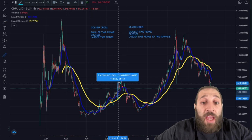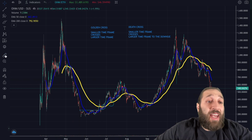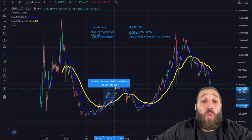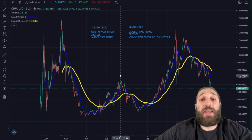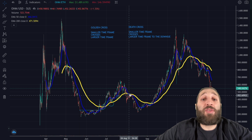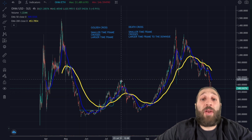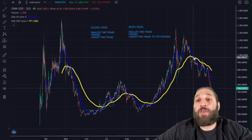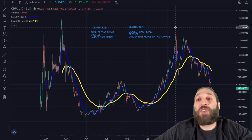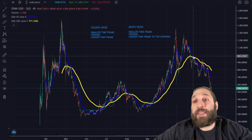So you can see you can trade it intraday or whatever time it gives you an opportunity to buy, or you can just kind of buy and hold when it crosses. So you can see here also another 100% move. If you hold to the crossover to the downside, it won't give you the best percentages because the price runs upwards a lot of times, like you see here as well, where the crossover was here, but the price reached all the way up to 1300 and the crossover was